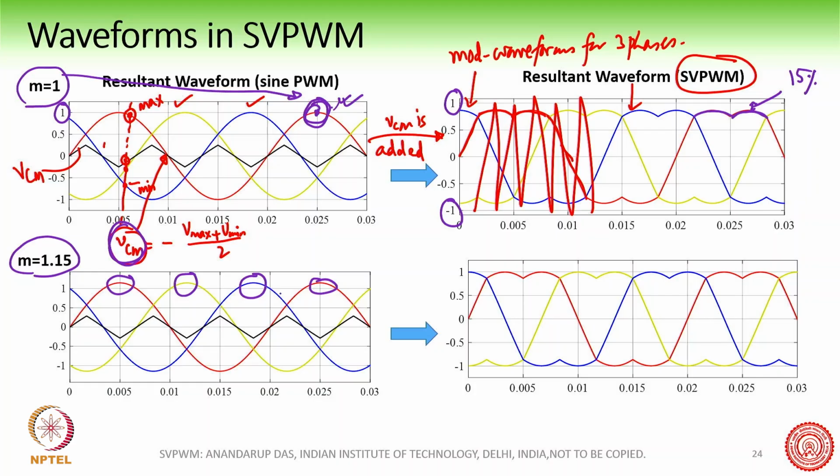It has gone more than 1, so you can see here this is 1, and now we have gone more than 1. Once you get to more than 1 and you add the common mode to all the waveforms, you see that it is touching 1 here. This is the reason why we got 15% more DC bus utilization,